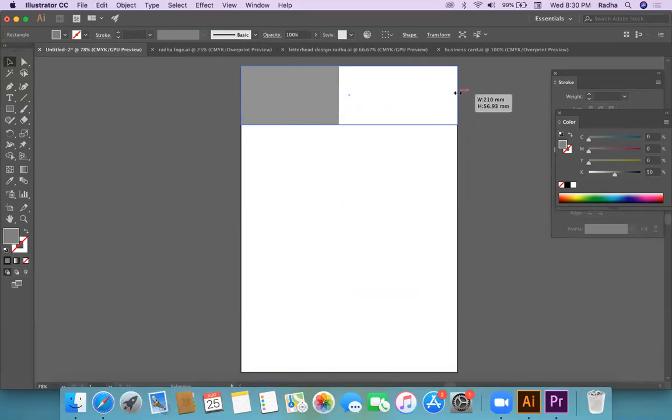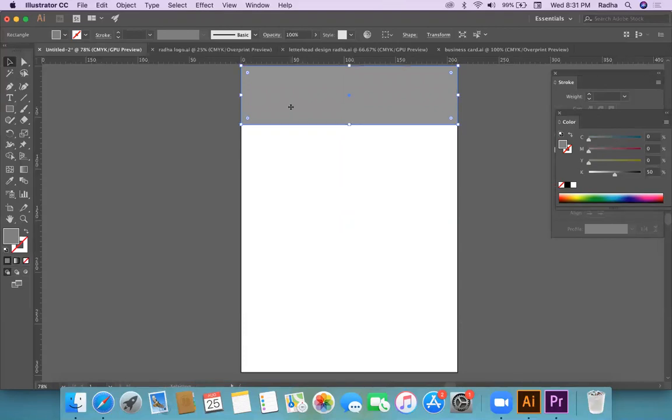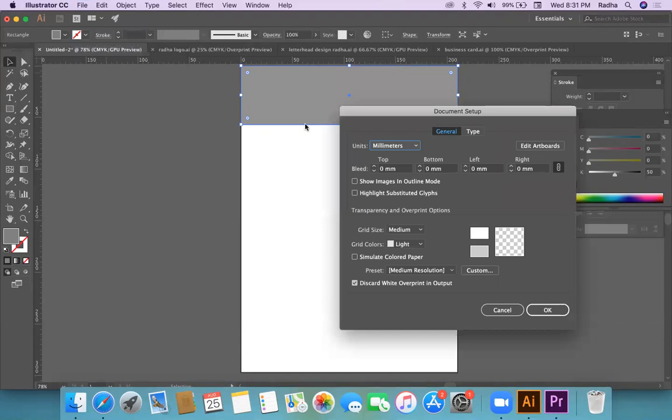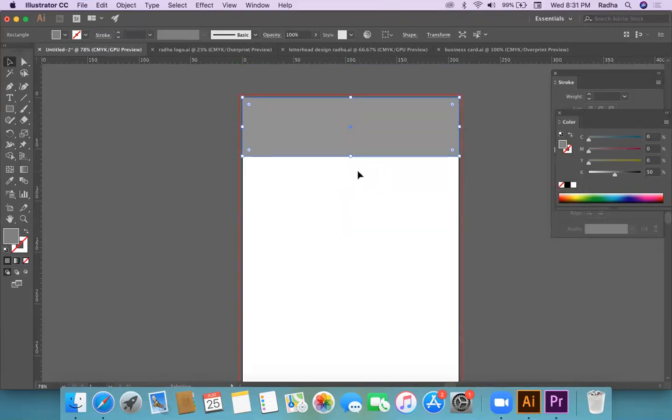And I forgot to add a bleed mark to this. So we need to add a bleed mark as well. So once you forgot to add a bleed mark, you can get the bleed marks by going to File, Document Setup, and here you can put the bleed mark from all the sides. Okay, say okay. So that's the bleed mark. So you need to extend this from the bleeding area because this is not a white color, it's a gray color. Okay, and this is the header